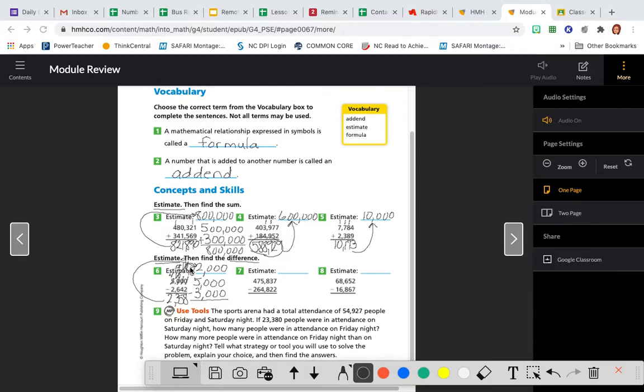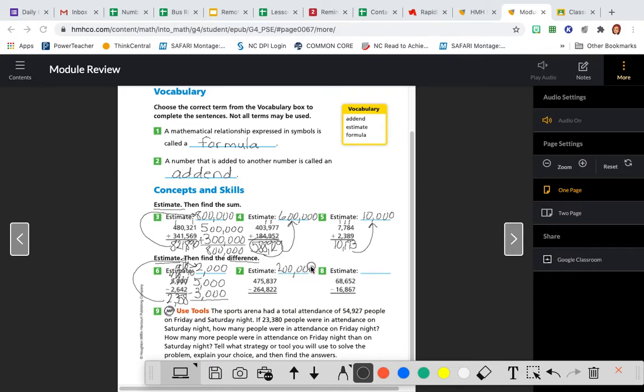I know it's very hard to write with these really small numbers, so if you don't have enough room on this paper, you can always work it out on notebook paper, but make sure you take a picture of your notebook paper and send it to me so I can see how you did your work, because I'm looking not only for the correct answer, but I'm also looking for that you did it correctly, that you know how to work through the problem. So number 7, your estimate should have been 200,000,